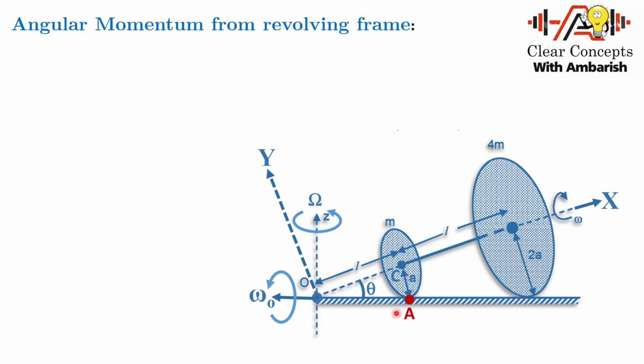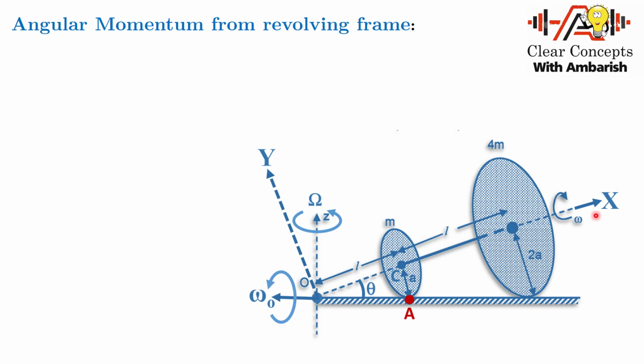From the ground frame, the system appears to revolve and also spin. But if you are sitting on a revolving frame on the center of mass, the only omega that is visible is the spinning omega, because the revolution omega is cancelled, because you yourself are revolving with the same omega. So the only thing that is visible is the spinning omega.